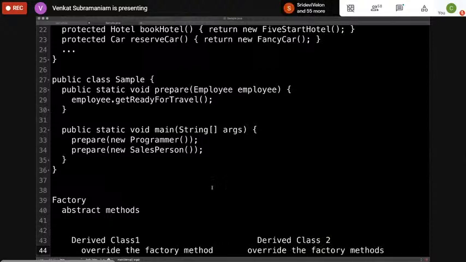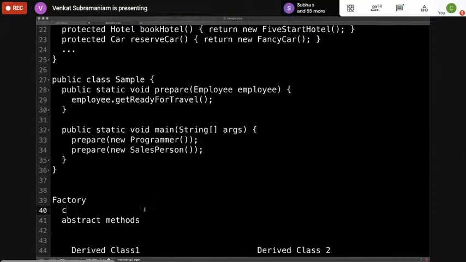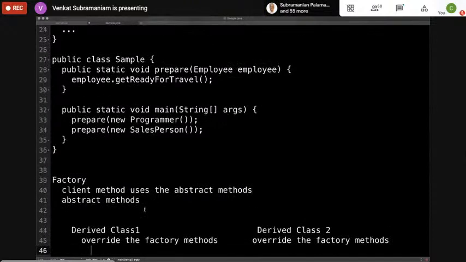I should put a plural here, methods, right? So an abstract methods and then a client method, if you will, uses the abstract methods. So this is really the factory method pattern in a nutshell.